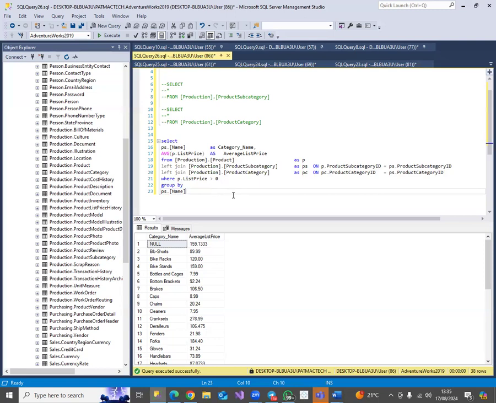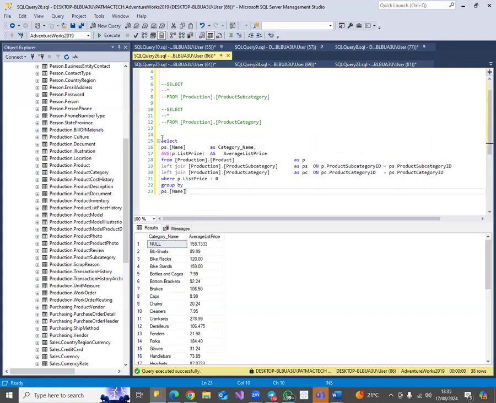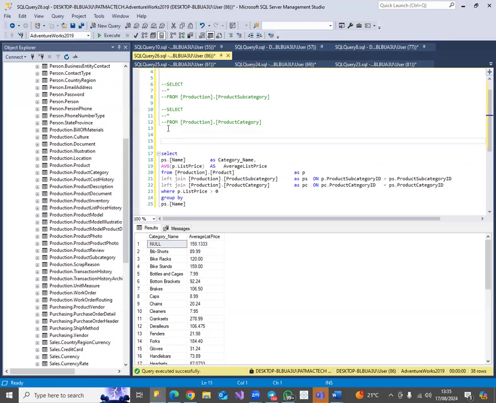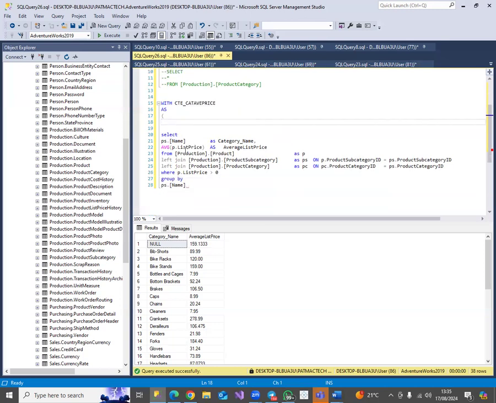We would write a CTE statement. That is why we said let us create a copy and put it here. Now, the moment you write WITH, a CTE name, then AS, you open the bracket